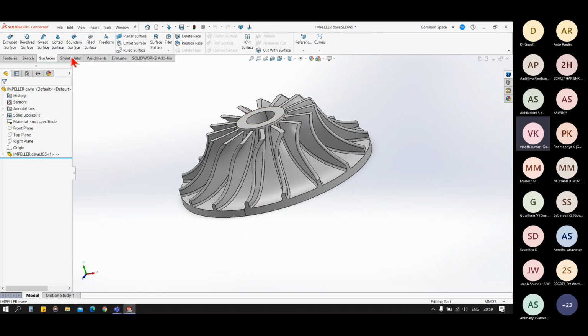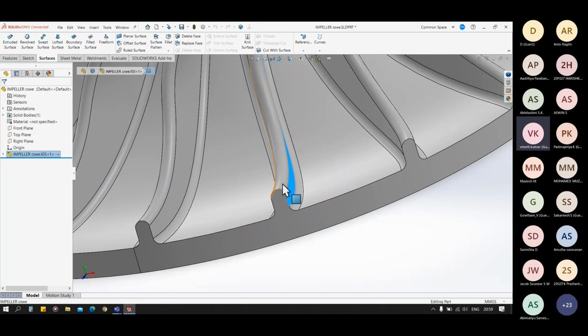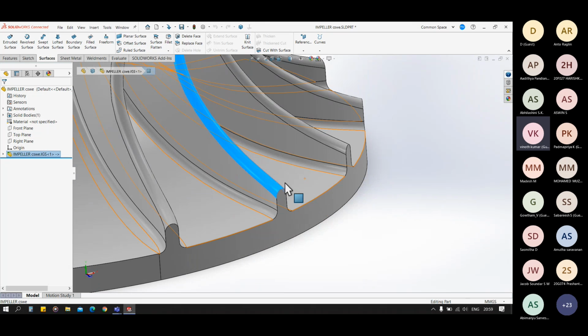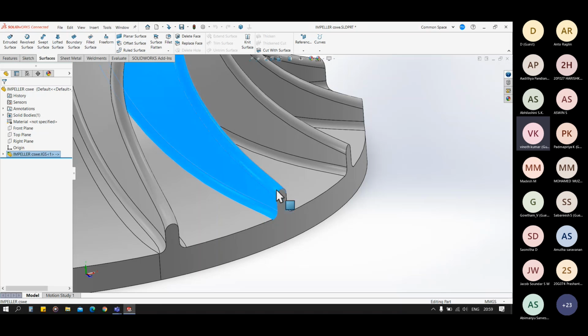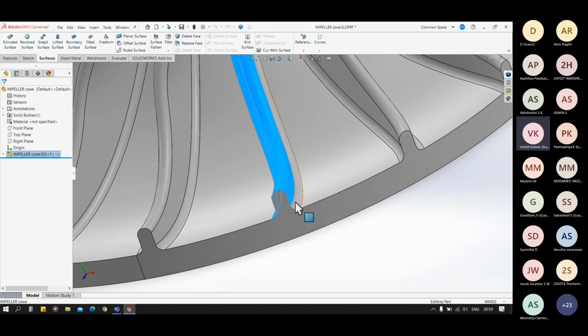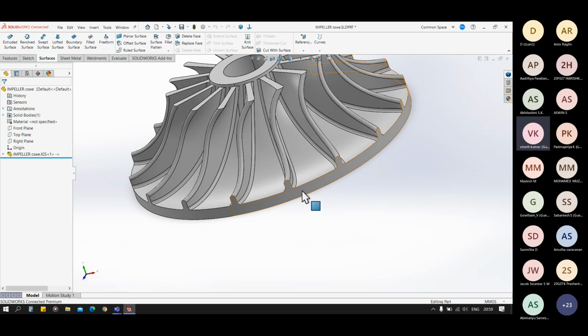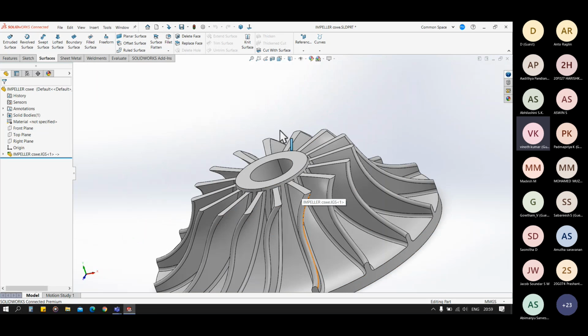Now suppose I want to delete this one face, this rib, sorry. So in that case, what I will do, let's see. You will learn something new today.